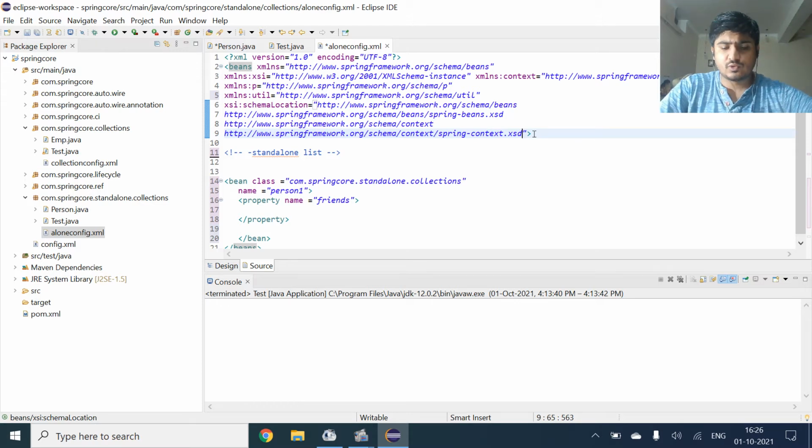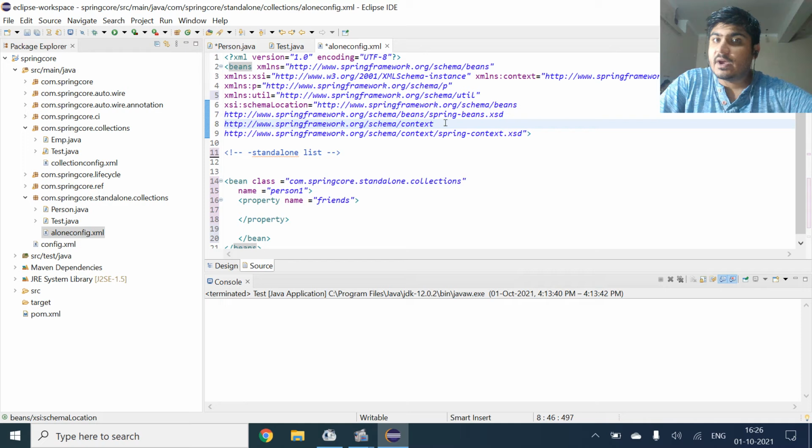So we will just copy it and paste the same content in those inverted commas. And now what we will do is we will hit this context, and instead of context we will put util.